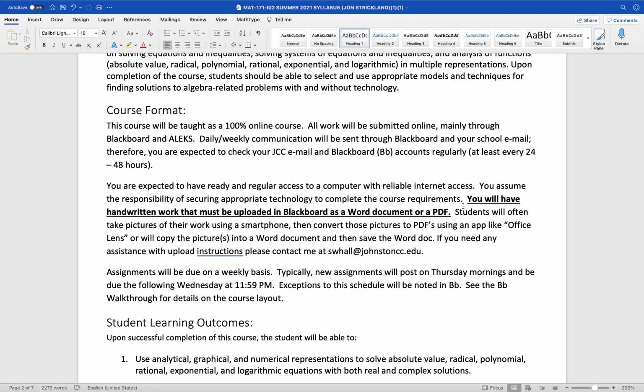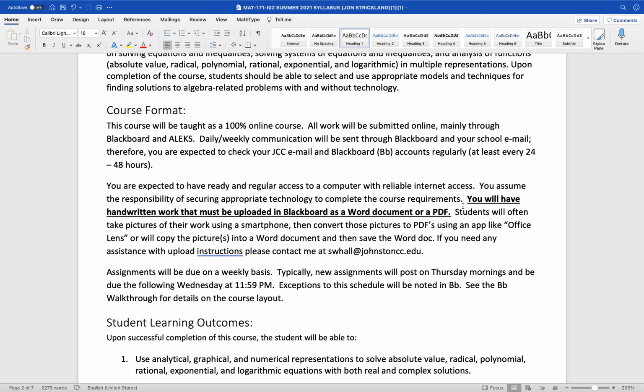You will have handwritten work that must be uploaded in Blackboard as a Word document or a PDF. Any work will be done predominantly through ALEX, which is accessed through Blackboard, our online portal. For assignments to turn in, like deadlines, I will specify those in Blackboard